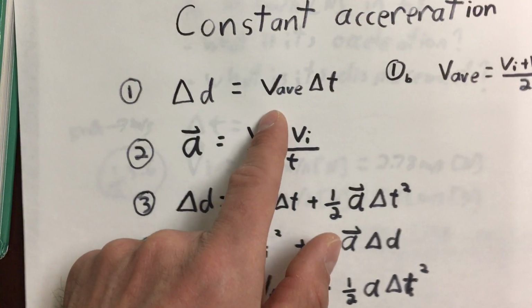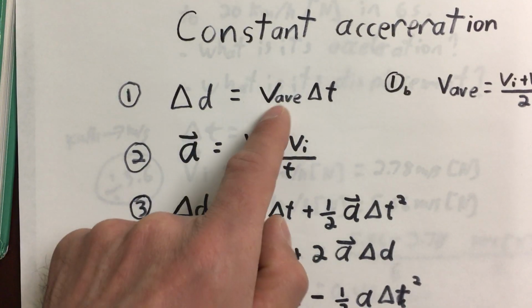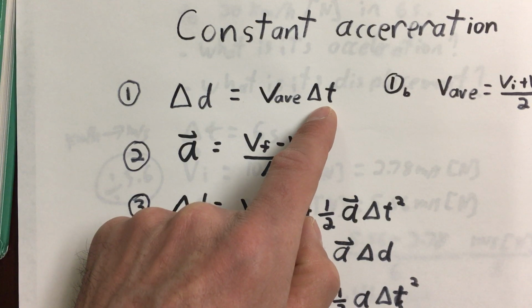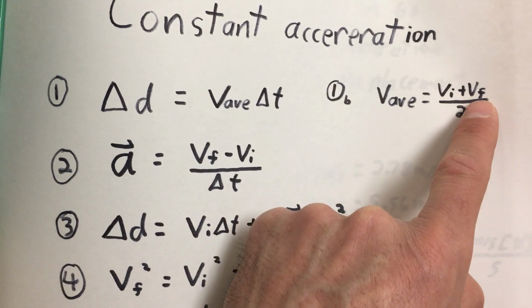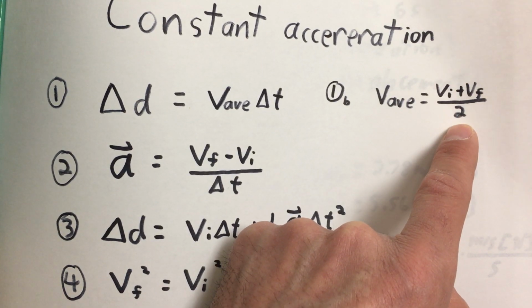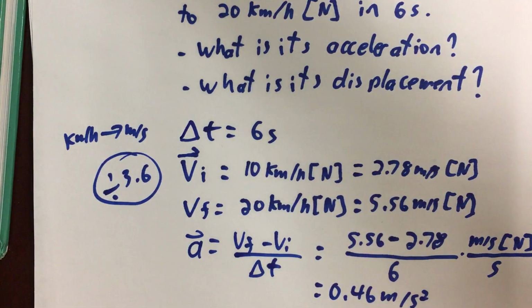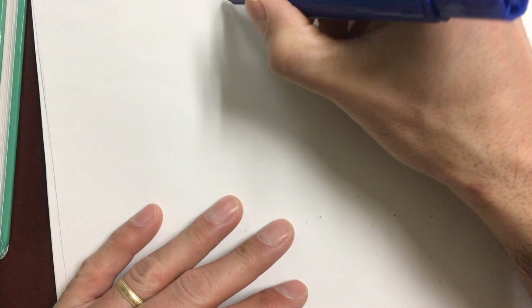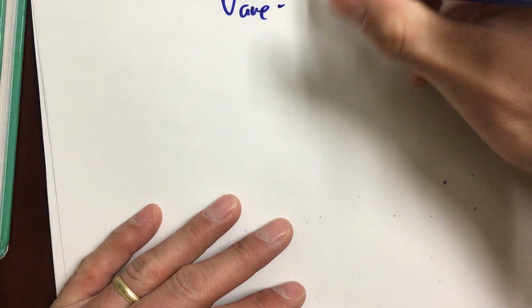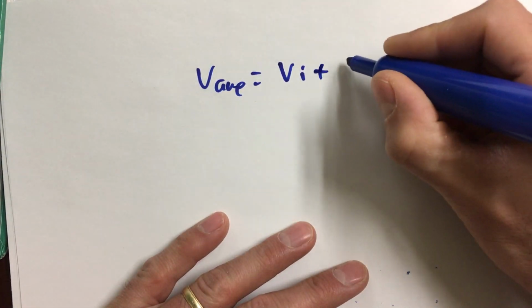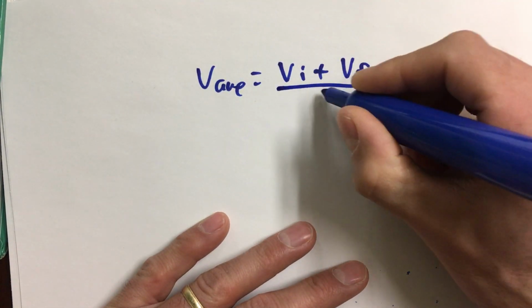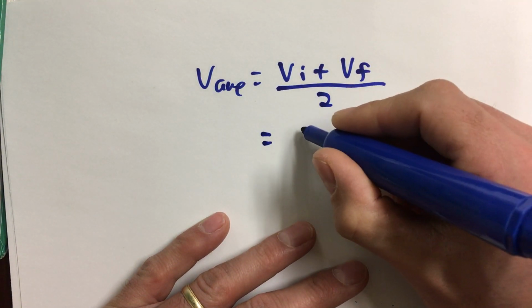However, I'm going to use this equation because it's easier. Displacement is my average velocity times time. And my average velocity is the initial plus the final velocity divided by 2. This one's going to be much easier to use. So my average velocity is my initial velocity plus my final velocity over 2. So it is